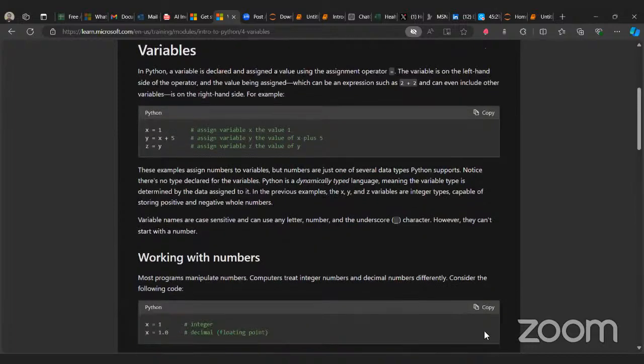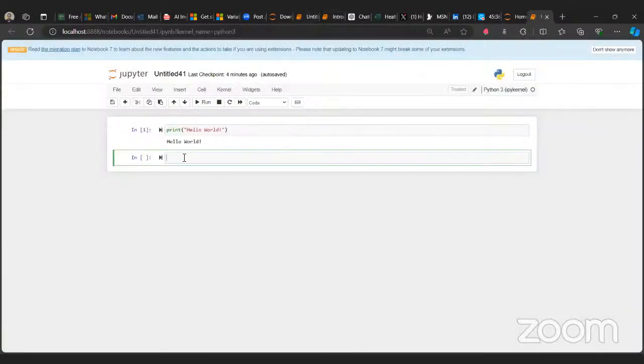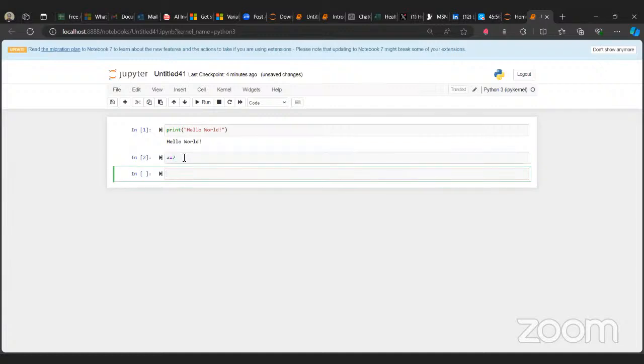I'm going to teach you guys about variables. I think variables are a very fundamental part of programming. So a variable essentially is a container. It stores information. That's what a variable is. It's a container that stores data. And how do we create a variable? You just give it a name. So I give my variable the name a, and I store the value 2 inside it. So I have created a variable, or a container, called a that stores the value 2.